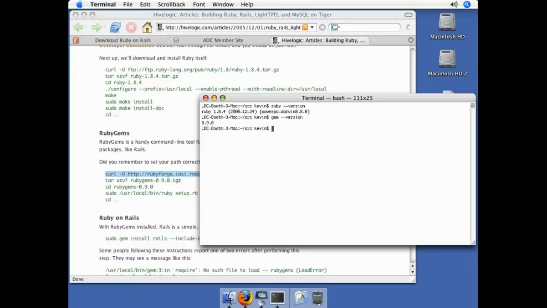But now we're going to install Rails, and it's an easy matter to do with the gem. So we're going to do another sudo command. That's, again, a super user command. Super user is going to do something, and we're going to do the gem program, and we're going to install Rails. And we're going to do --include